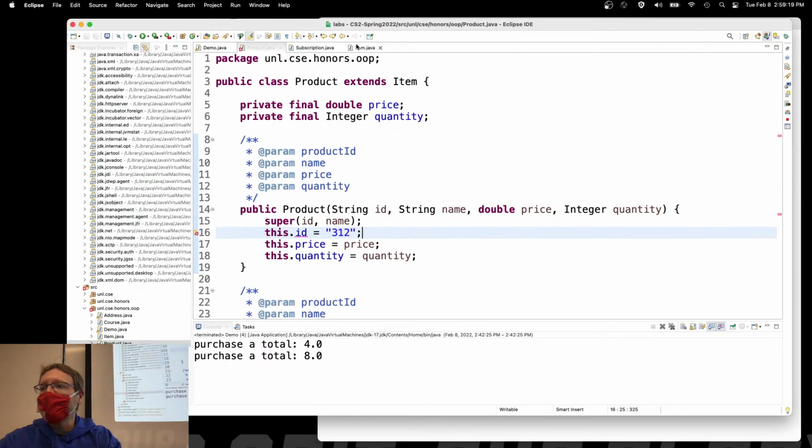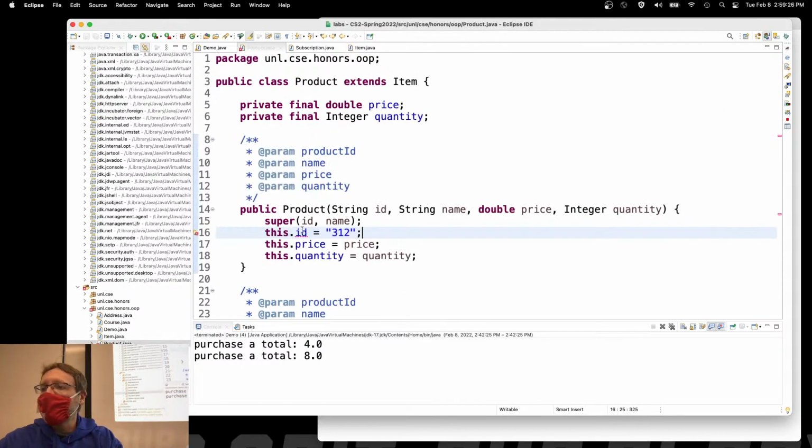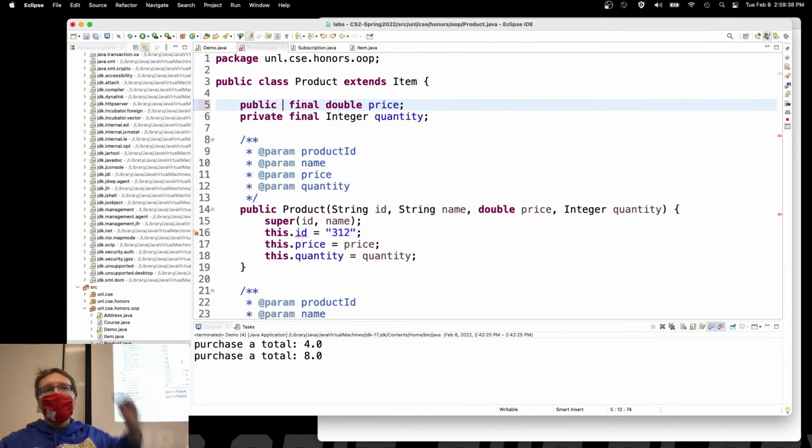Say I did protected. Save it. This dot ID. What are you wrong? You still need to do... Oh, it's final. Yeah, that's why. I can't reset it, but you get the idea. I've opened the door slightly. Public pulls the door completely off the hinges, and there is no door anymore at all. So if you just make everything final, then after you construct it, you can't change it at all. Correct,